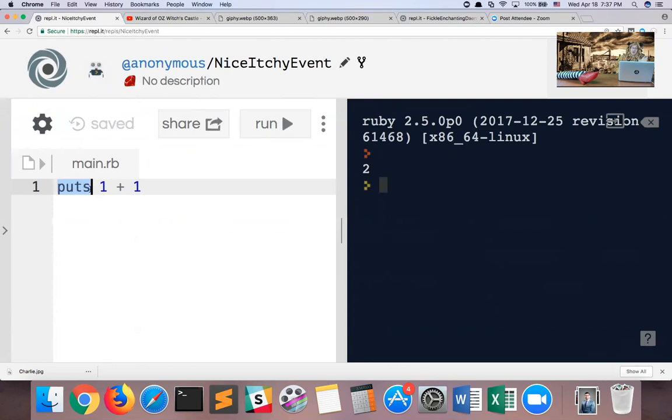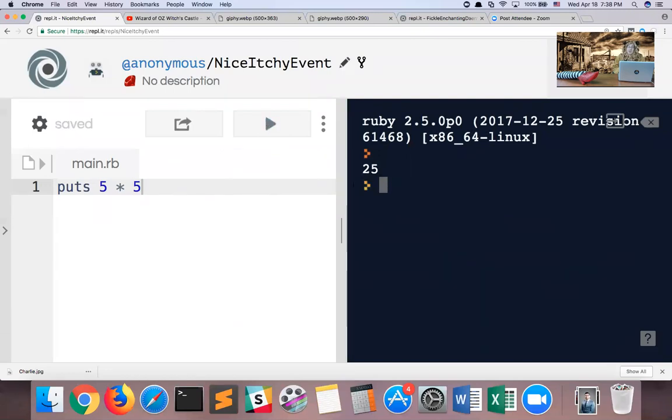So the puts keyword is a special Ruby word that says take the result of whatever comes after this puts and print it out, which means to display it on the right hand of the screen. So puts 1 + 1 produces 2 on the right hand of the screen. If I do puts, let's say 5 - 2, you all know that will produce 3. I can do multiplication as well. Now to do multiplication in Ruby, you have to use the asterisk, which appears on top of the 8 key. So if I do puts 5 * 5,